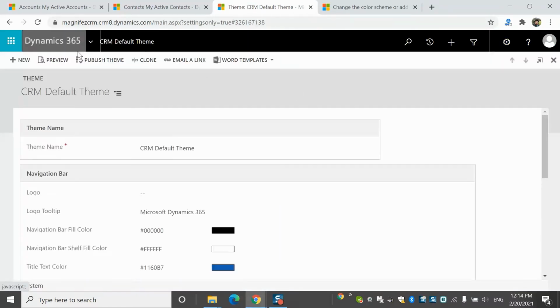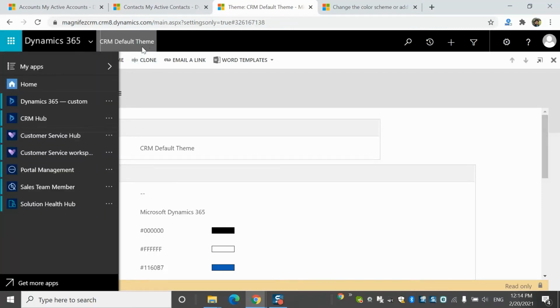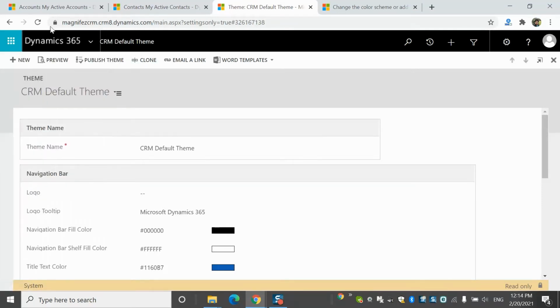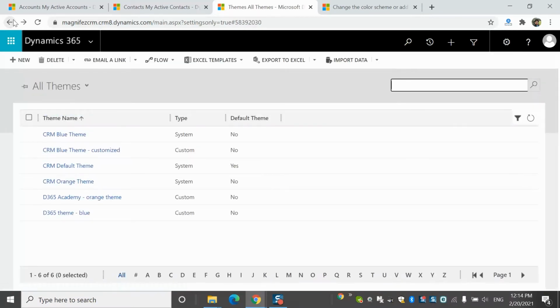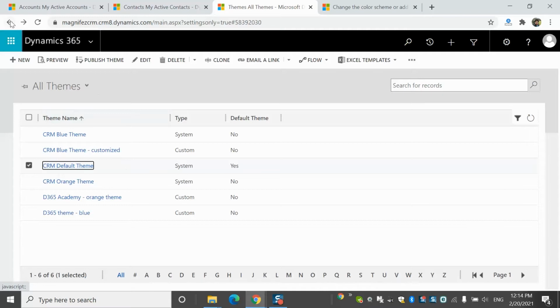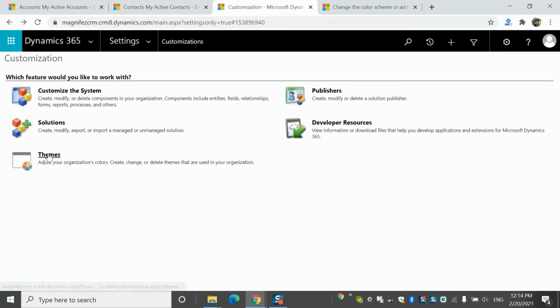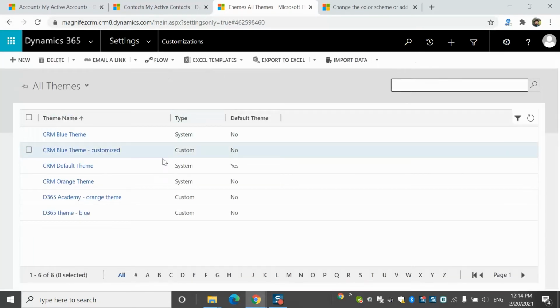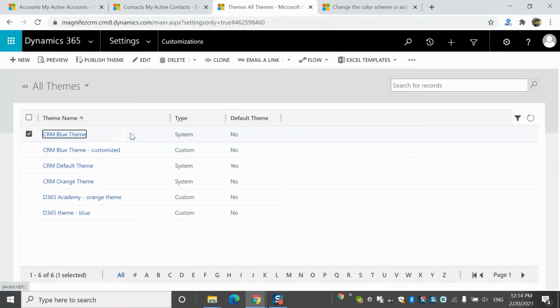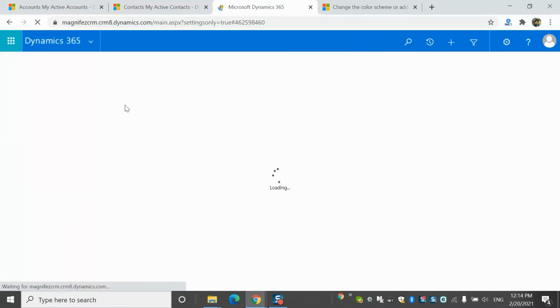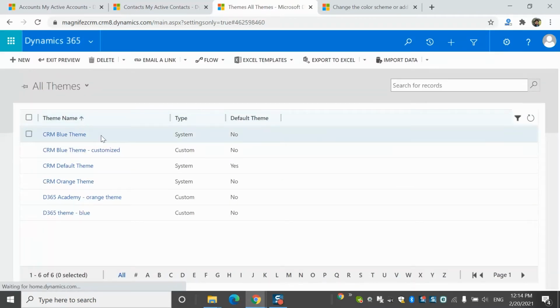Now when you navigate to your application, this is where you'll be able to see everywhere, right? It will be changed according to this theme. I'm just going a little back over here and then try to select themes or any other codes. This theme will be applicable everywhere. Now if you want to change to some other theme, I can do that from the view itself. I can preview this one, blue theme. This is what I have set at the moment, or what I can do is I can publish it.